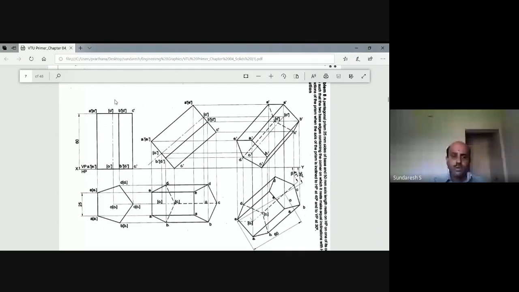So this is the initial position of a pentagonal prism resting on one of the edges of its base on HP. Once you complete the initial position, of course you have to draw the axis also. O dash is the point of the axis at the top face, whereas O1 dash is the point of the axis on the base. Now the second thing is,